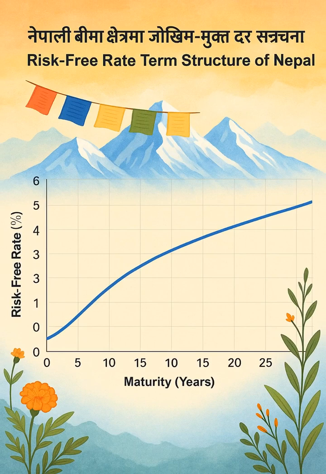Exactly. It shows financial regulation evolving in real time to meet practical challenges. And that leads us to a final thought, something for you, the learner, to mull over. Given these changes to risk-free rates and this wider shift to risk-based capital, how might this eventually influence the types of insurance products we see being offered in Nepal down the line? And what does this whole process tell us about the growing sophistication of Nepal's financial regulators as they work to align more closely with international standards? Yeah, definitely food for thought. How does the plumbing affect what gets built on top?